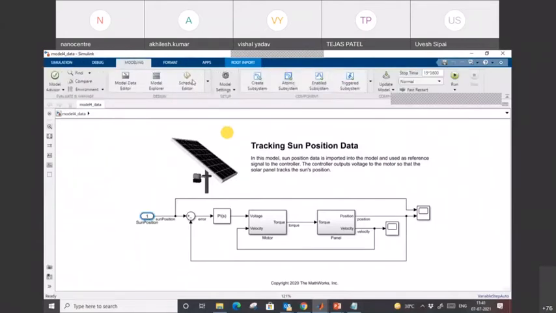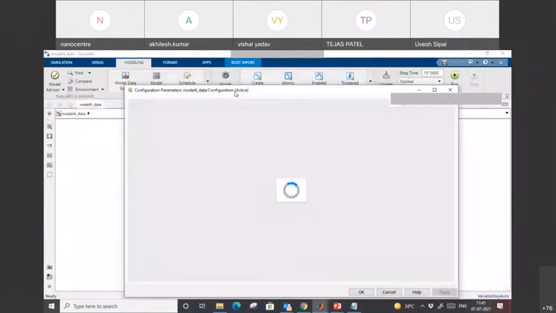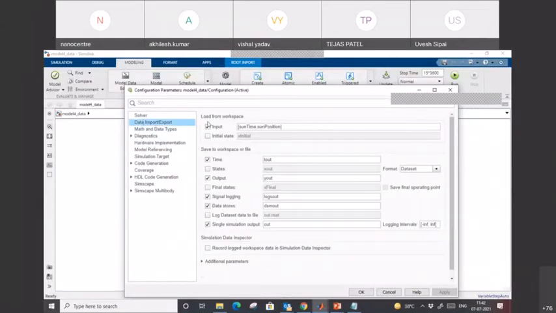So I will go to modeling. In modeling, in model settings, this is the step which we are going to follow. In model settings, under data import and export, the input is the sun time, meaning the sampling time, and the sun position with respect to time.